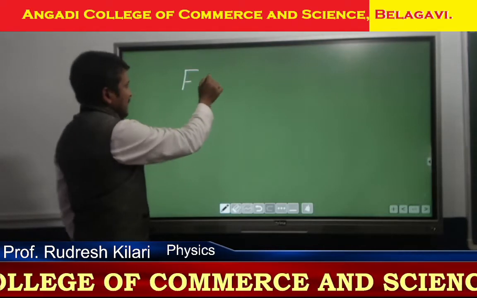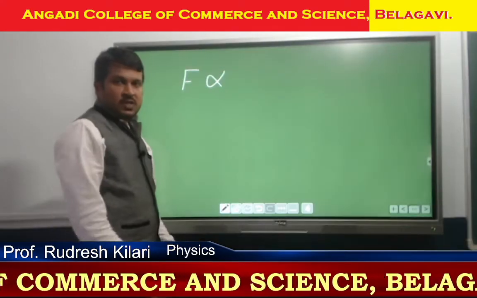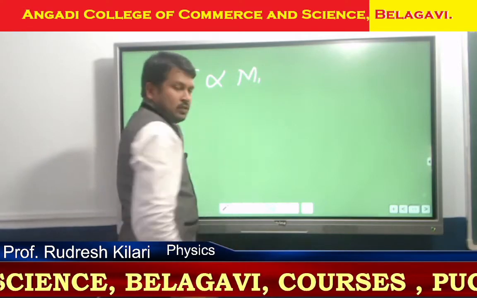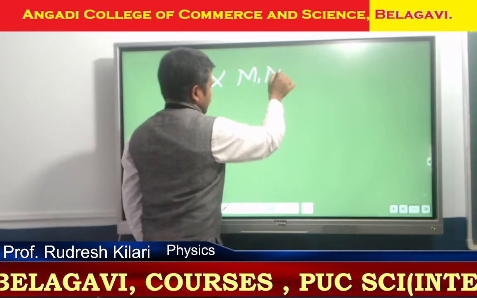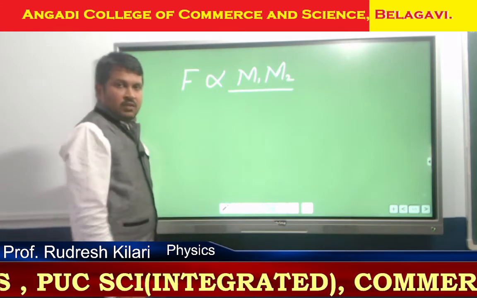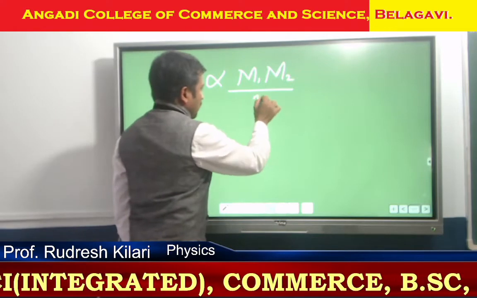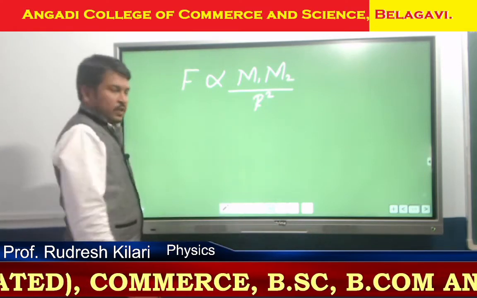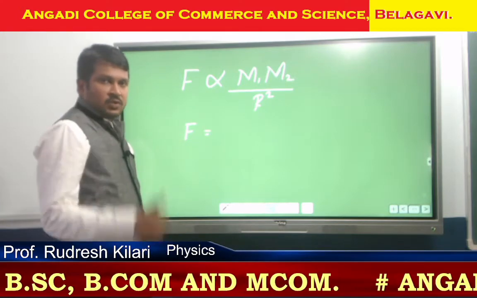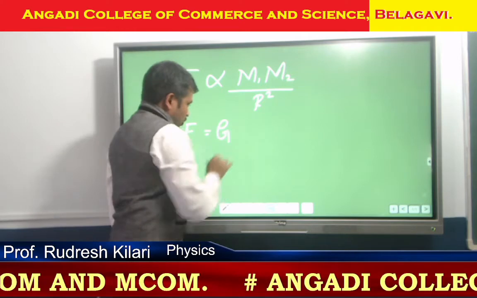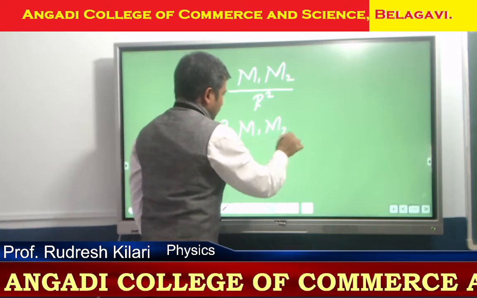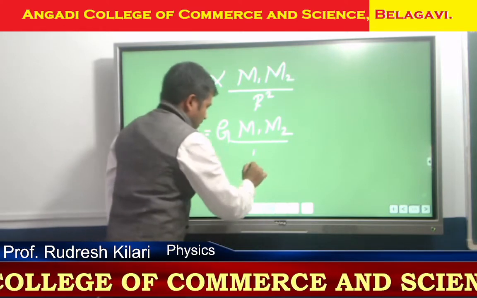is directly proportional to the product of the masses m1 m2, and inversely proportional to the square of the distance between them, r square. Now here the proportionality constant is represented by G, so F equals G m1 m2